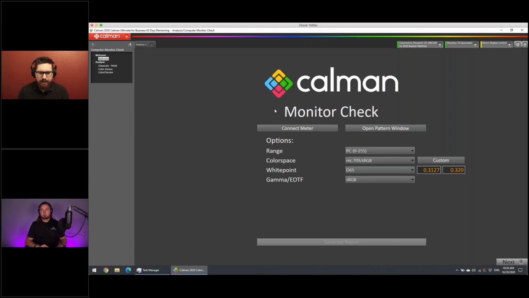Now, it's also Calman ready. So if you have a measurement device that isn't supported directly, or you just want to use Calman to provide, say you're offering calibration to somebody as a service, and you want to calibrate this monitor and provide a report with it and everything, then you can still connect with Calman and do your normal Calman ready style calibration that you